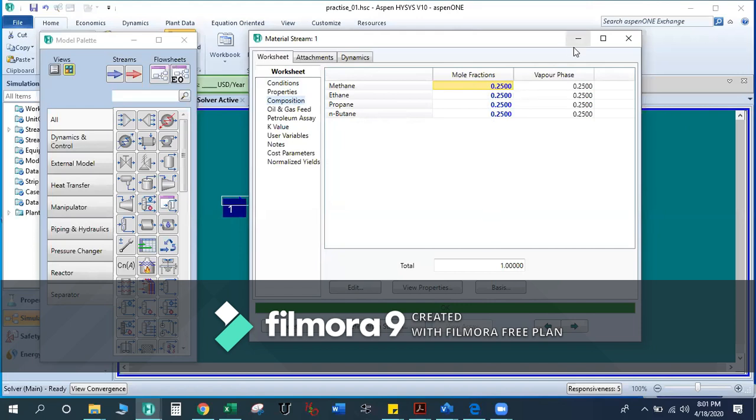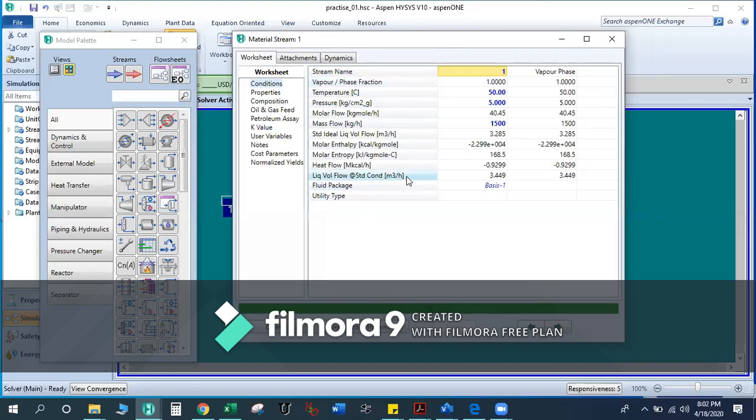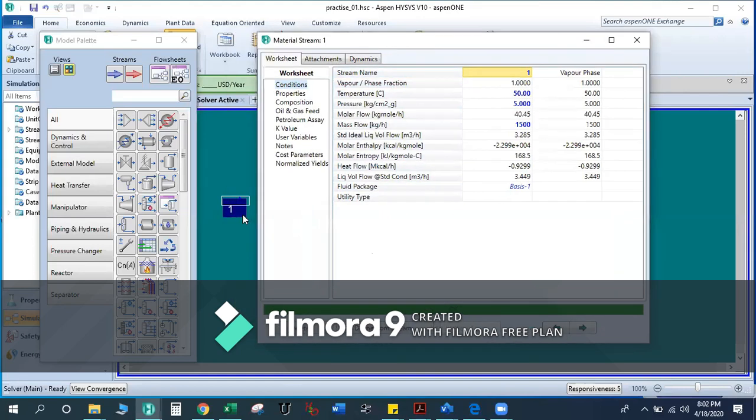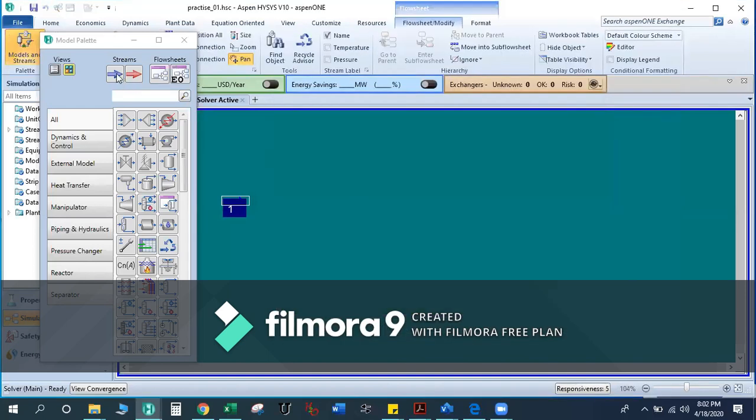Now my stream is defined this way. Somebody will ask what is the meaning of this. If you click delete, then the stream which you have defined in your system will be gone. Now what is the purpose of this define from stream? Let's check that.